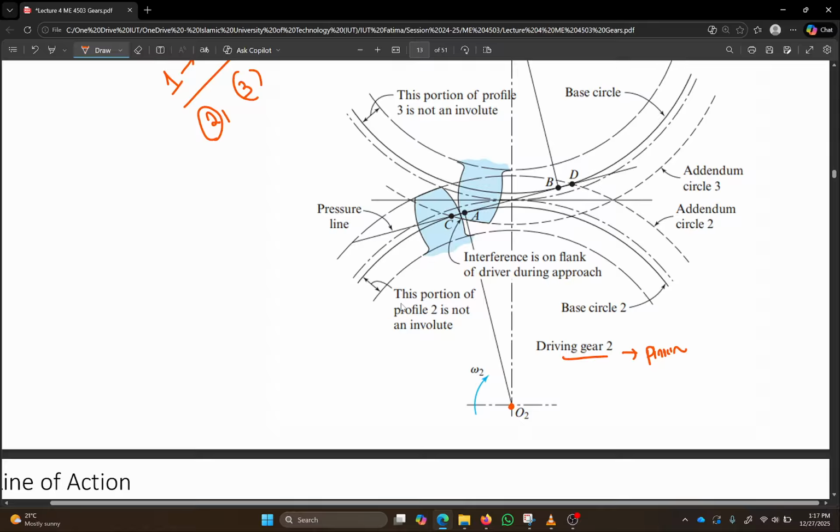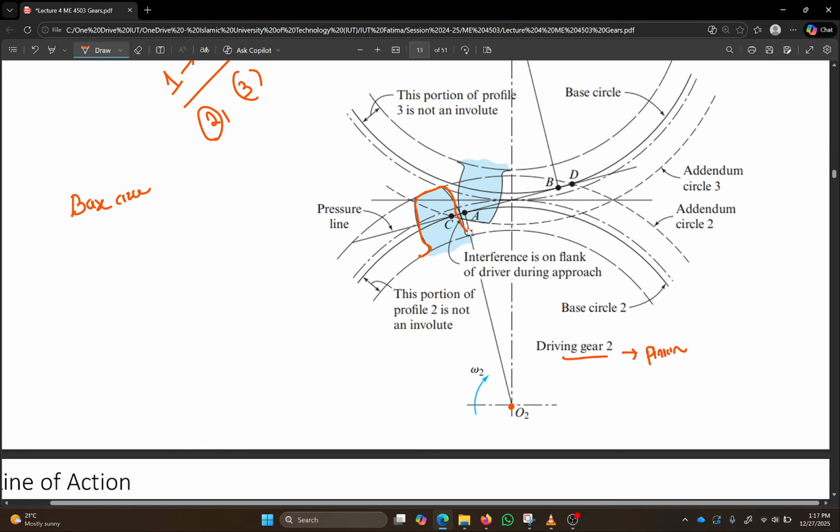Whenever we talk about any gears, I told you there are many circles that you need to talk about. We already talked about 3 to 4 circles, I think. So there's another circle that you need to know about. That is called the base circle. The specialty of the base circle is that, if this is your tooth,